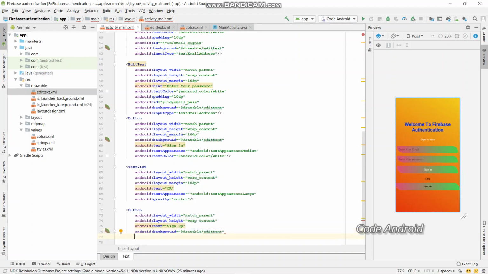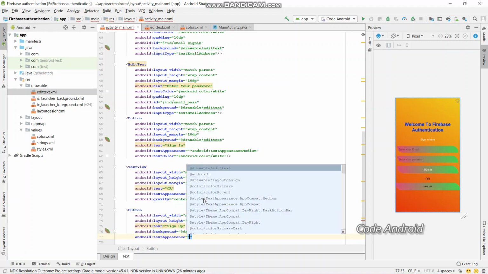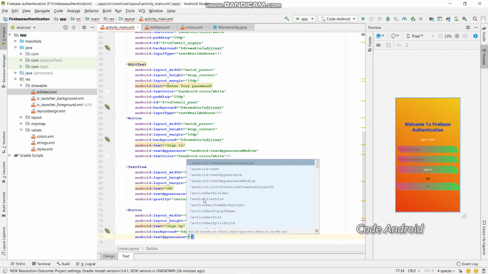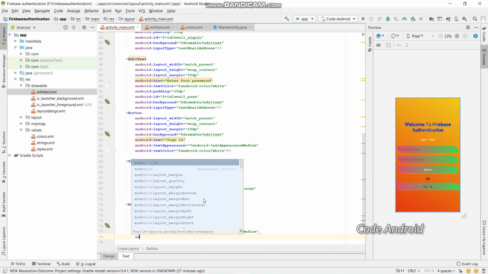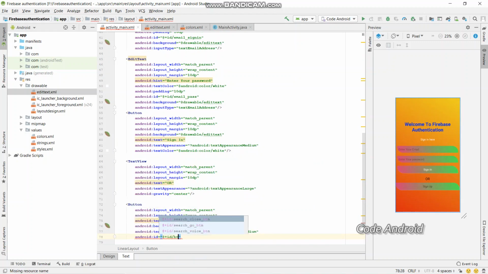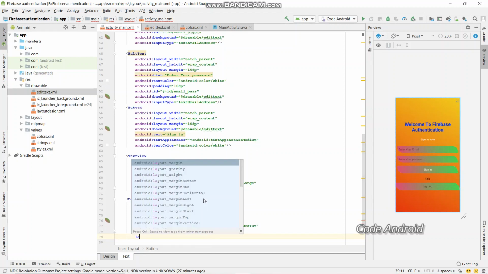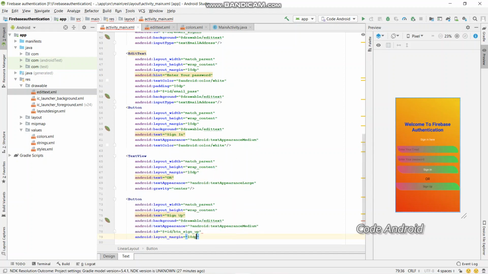Okay, then add appearance as medium, and add the ID as button sign up, and add layout margin as 10 dp. Yeah, that's good. Then close the tag,